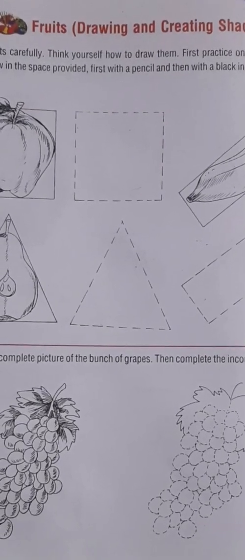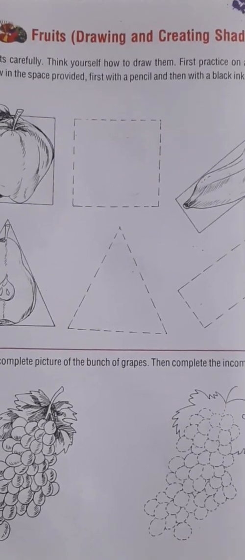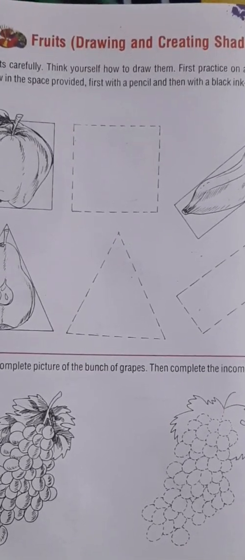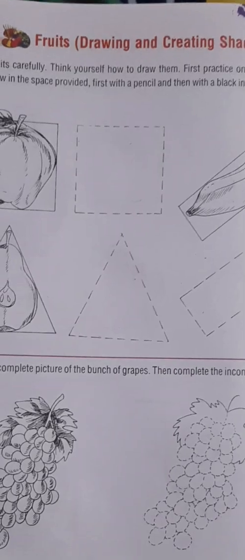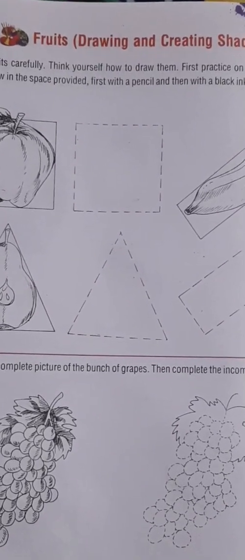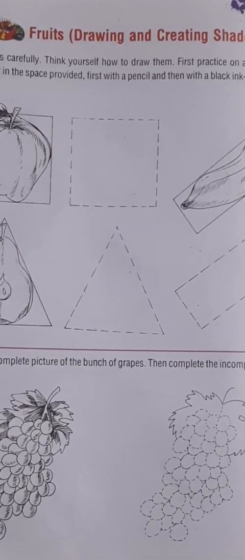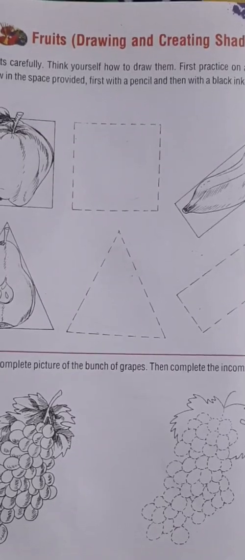We are going to start a new chapter of our drawing, that is on page number 8. We are going to draw fruits today. So, we are going to draw apple, cut pear, banana, and grapes. So, let's get started. For drawing the apple, the most important thing is we have to draw curved lines. Around 4 curved lines we are going to draw today.